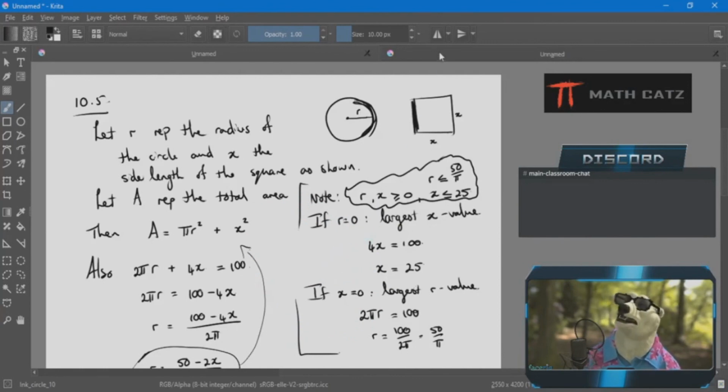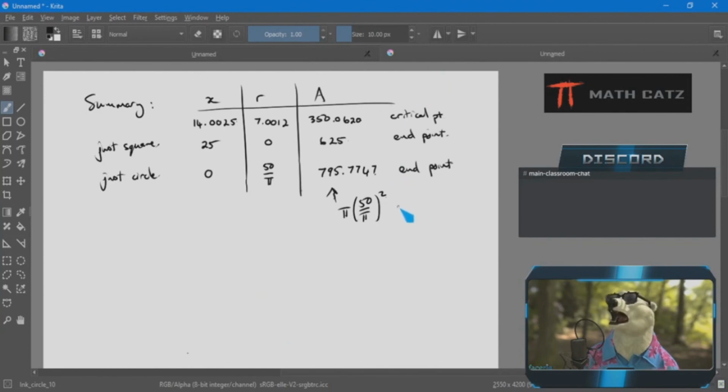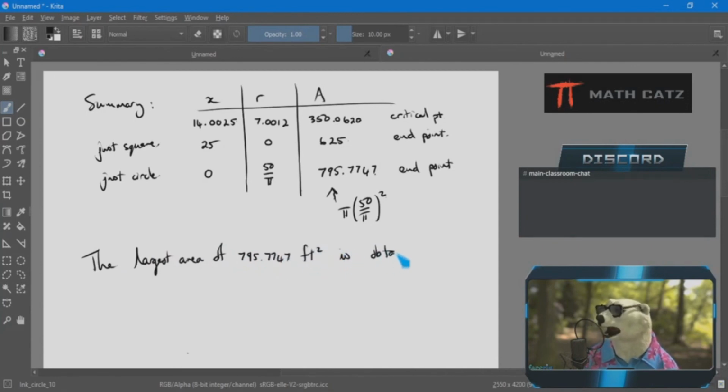Just because I find a critical point doesn't mean that's necessarily the answer. So let's write a concluding sentence here. The largest area of 795.7747 square feet is obtained